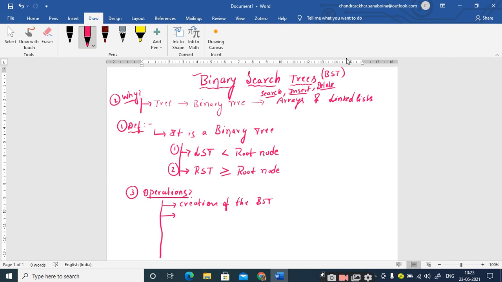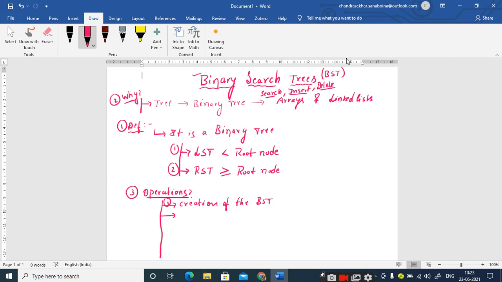An operation is the functionality you implement once you are done with the construction, once you have the binary search tree data structure. But we are going to discuss how we construct the binary search tree.